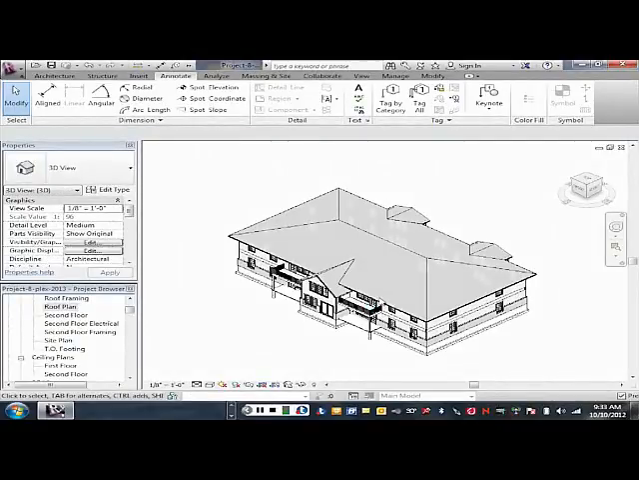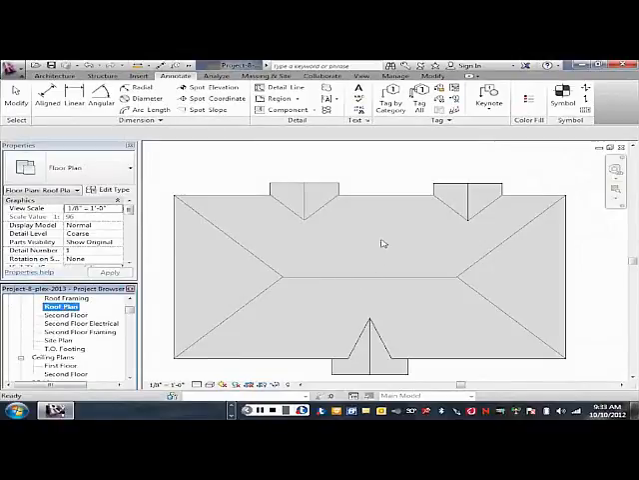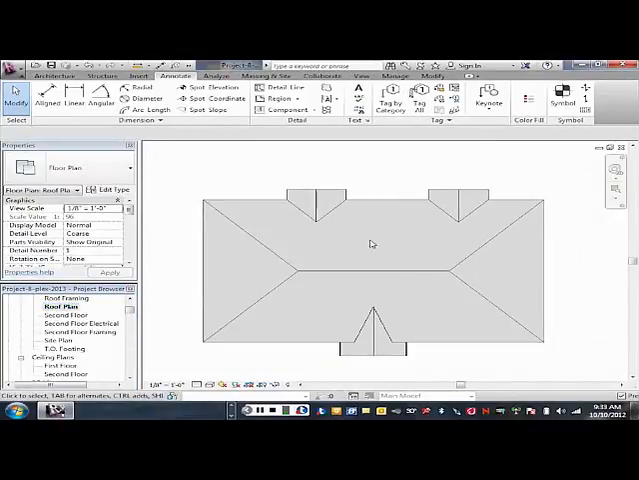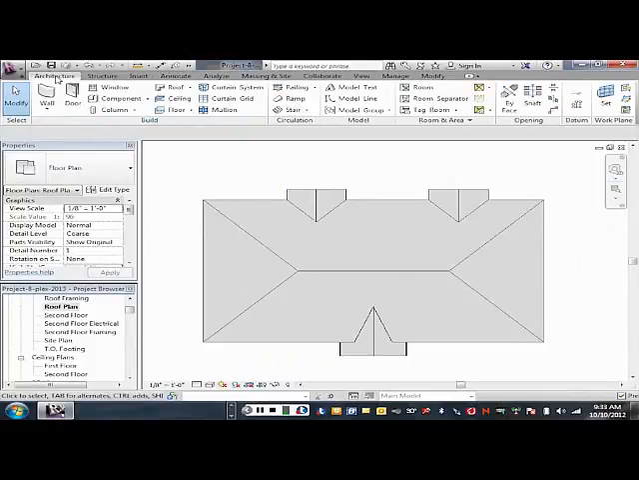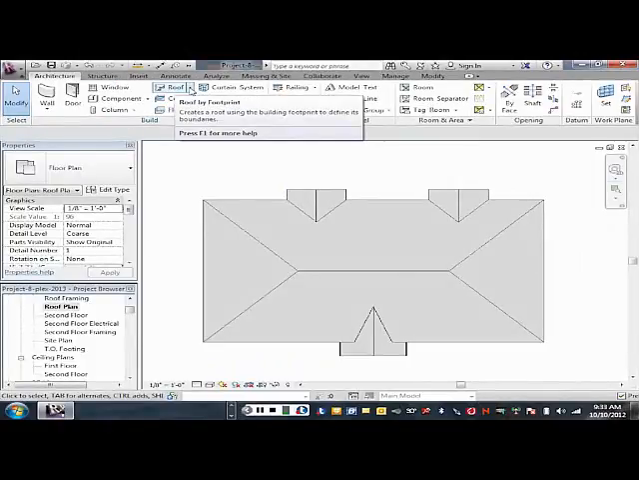And sometimes it might be easier in some cases to do it this way or the other way. So we'll go back to looking at it from the roof plan. I'd recommend you do it this way if it works. Okay, so then we go to architecture, we go to roof, we hit the little down arrow, and we can